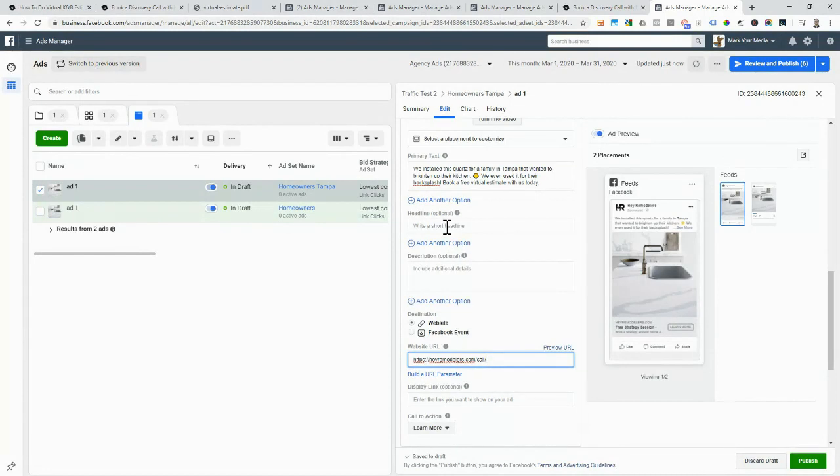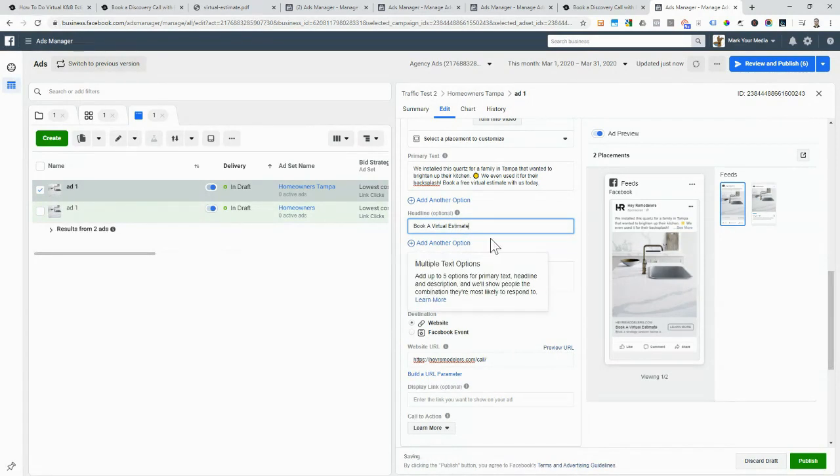Now here is your headline. That's going to be the text right at the bottom. So you could put book a virtual estimate. Put something like that. If you want to send them to a portfolio page on your website, you could say, look at some of our projects, whatever it is. You just want to get something out there. And